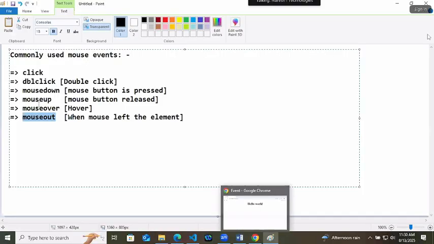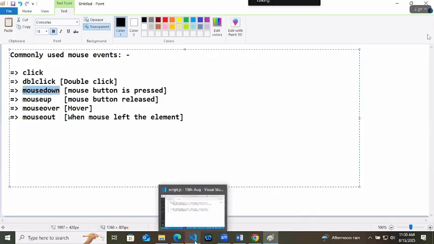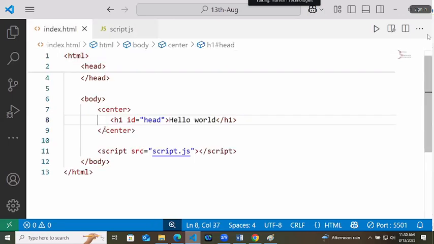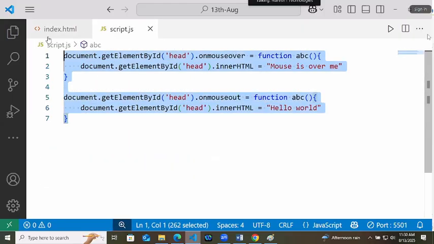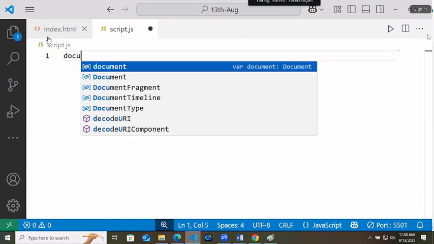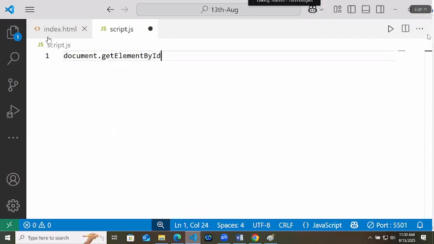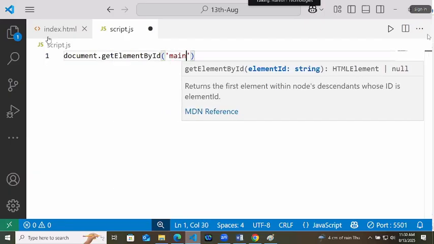Now here, let's try to understand this mouse down. So what we will do, I will give an ID to body as anything, main. Body has ID as main. At first, I will call the body inside the JavaScript, that is main.